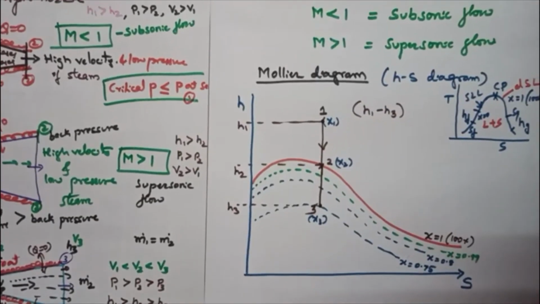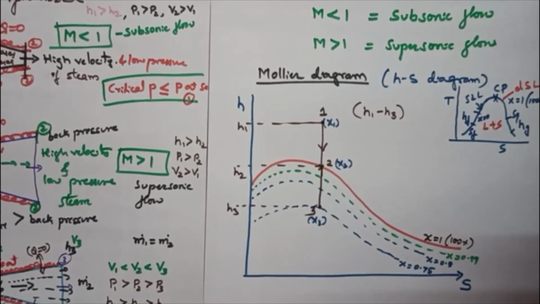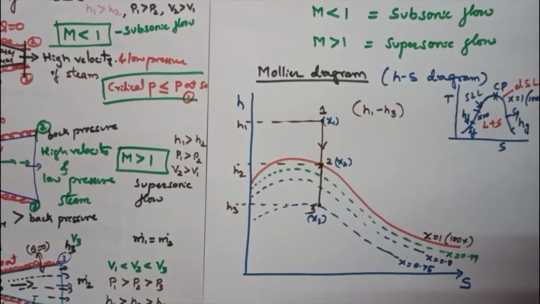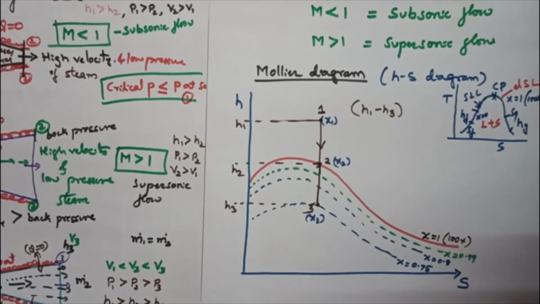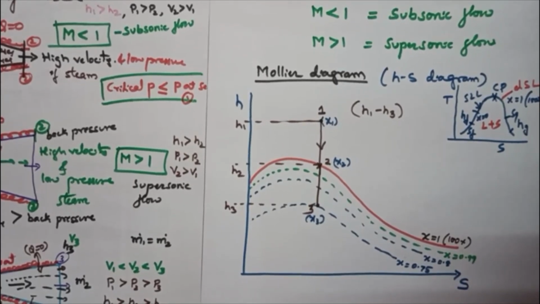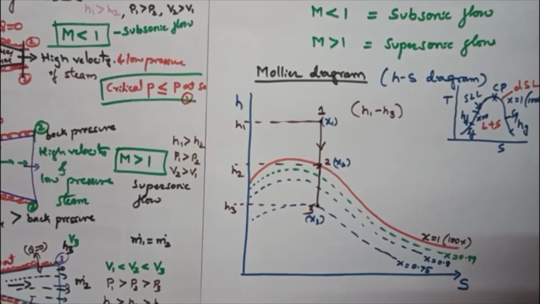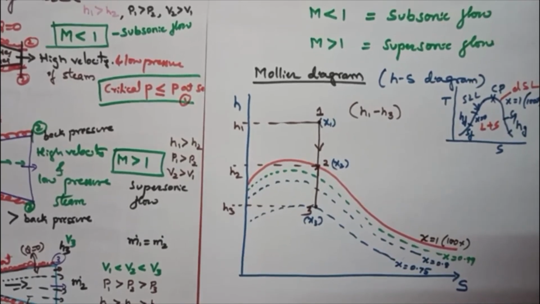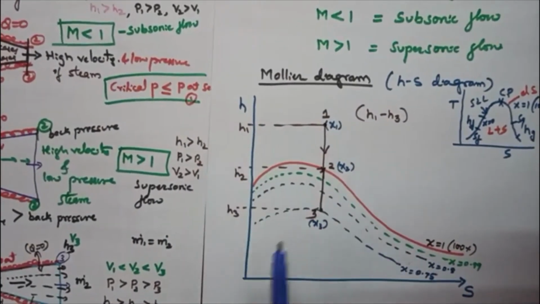So we will stop here. In the next topic we will discuss the derivation, that is, determining the velocity of steam at the exit of the nozzle, and one more topic is we will derive an expression for discharge of a nozzle or pressure ratio, that is critical pressure ratio, and one more topic left is the effect of friction in the expansion process in the nozzle. Okay, because all these topics that we have covered today are without considering friction.